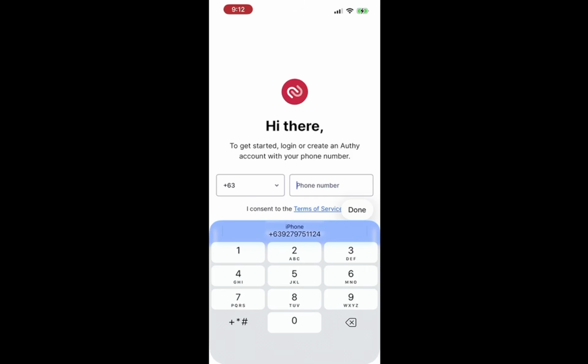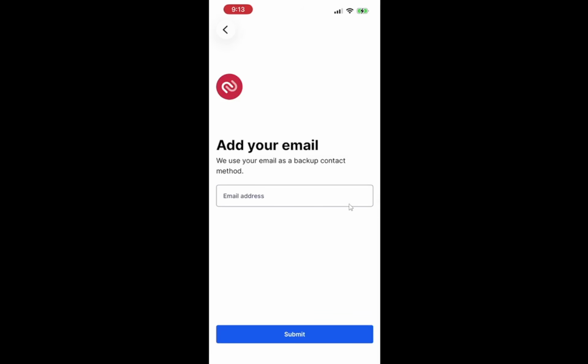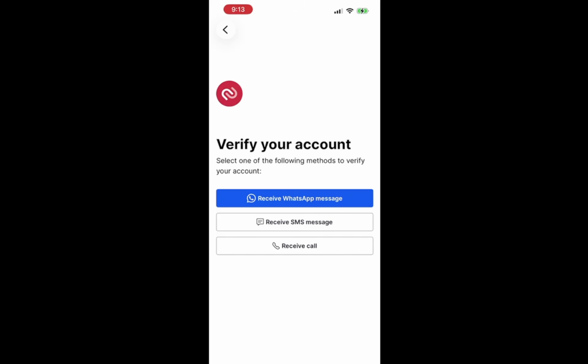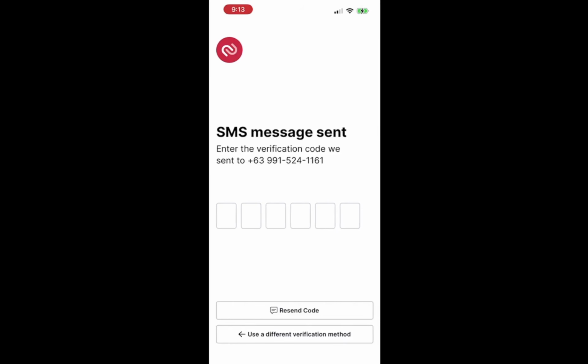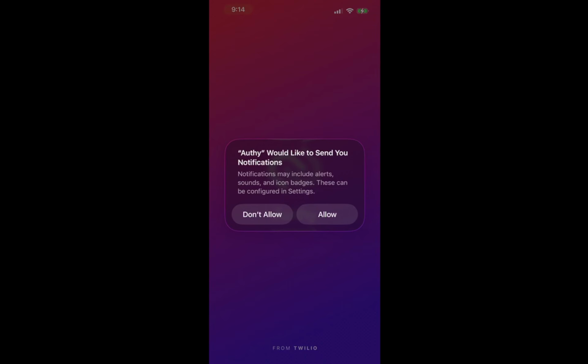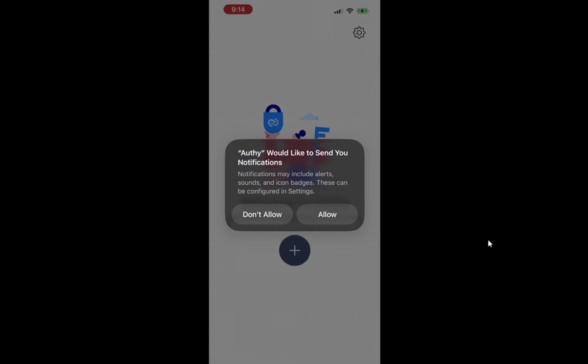Next, you will need to verify your number. Authy will send you an SMS code or give you a phone call to confirm that the number is indeed yours. This step adds an important layer of security to your account. You'll see a prompt asking you to enter the code. Check your messages or listen for the call to retrieve the code. Inputting this code not only verifies your ownership but also ensures that your account is secure. Once you've entered the code, tap the verification button. You will see a confirmation appear indicating that your number has been successfully verified.